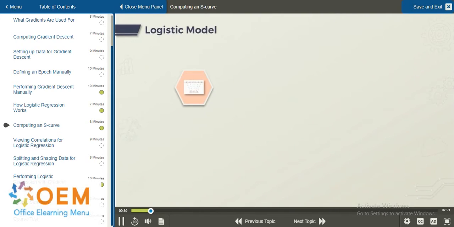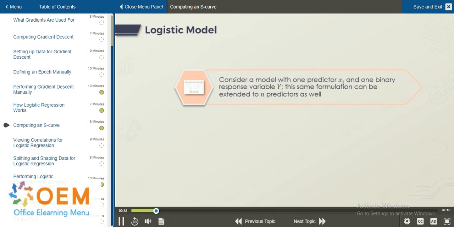Let's now turn our attention to some of the math behind this model and how it can be generalized. Just to be clear, the logistic model can be generalized to more than one x variable. We've had one example in which we had a single x variable and we had a predicted categorical variable, but we can generalize this to multiple independent variables, that is, to multiple predictors, pretty easily. Let's keep that context in mind, but for now we'll continue to focus on the simplest case where we have